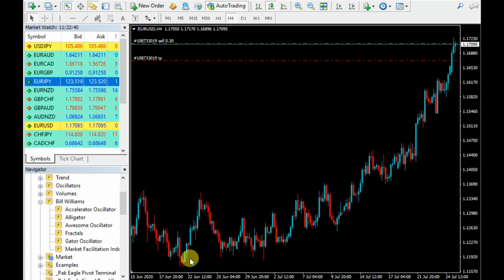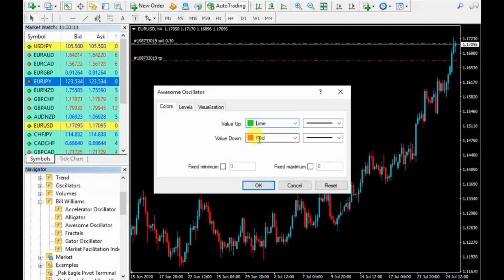You guys can see over here it says escalator, oscillator, alligator, awesome oscillator, fractals, gator oscillator, market facilitation index. And he has a couple more which are not in MT4, but he makes something really good for the traders. So guys, in today's video I'm gonna tell you all what is an awesome oscillator and what are the best two ways of using awesome oscillator. So let's drag and drop this indicator, and